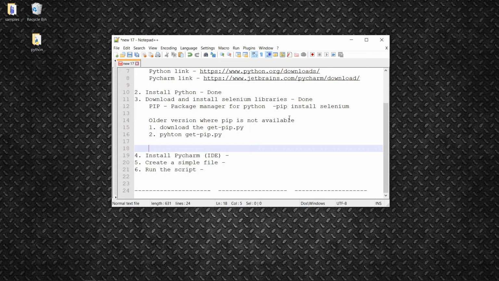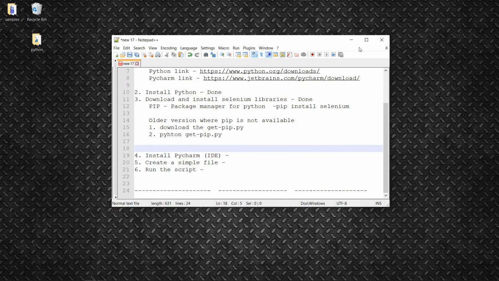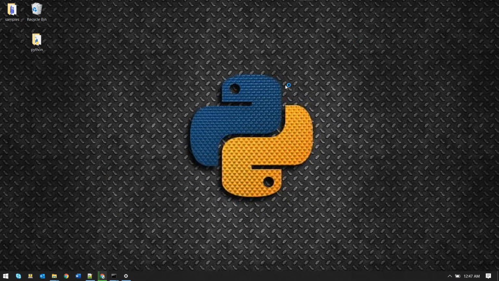We have already downloaded PyCharm and it's kept under the Python folder on my system. So we'll open the following folder and run this particular installation binary for PyCharm, and double click and we'll minimize this.